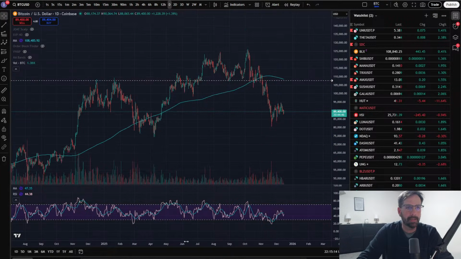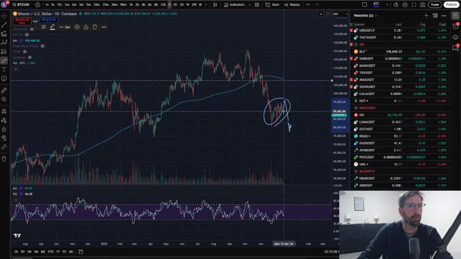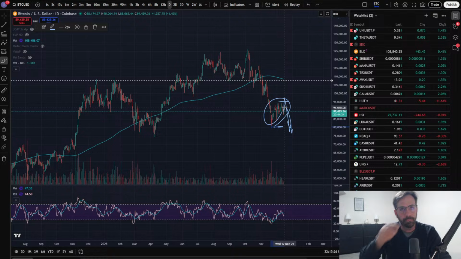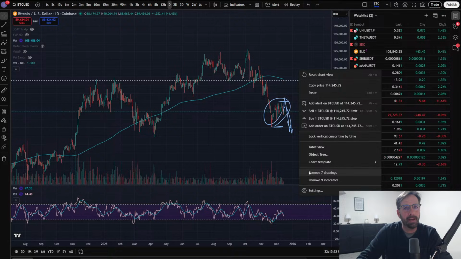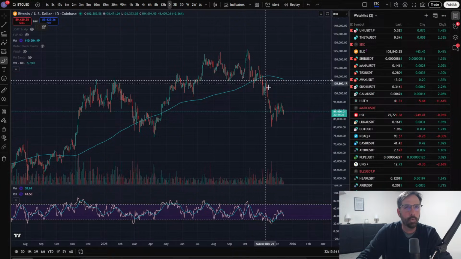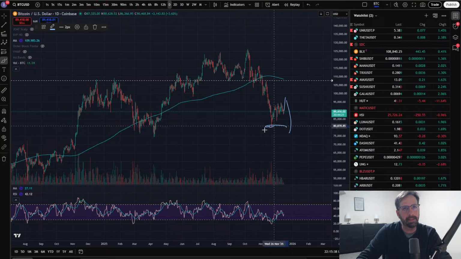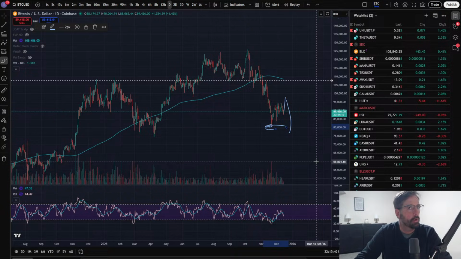That tells me that my best guess is that this is some kind of wave 4. We might get a hit to the high and then go, or it's done. We get just a local hit without taking the high, and then we roll over and come down, take this low. I'm expecting some kind of hit to the low. The question is, do we get a hit to the high first and then a hit to the low? But I'm expecting that low to get hit. Now, where it goes from there, I can't say.